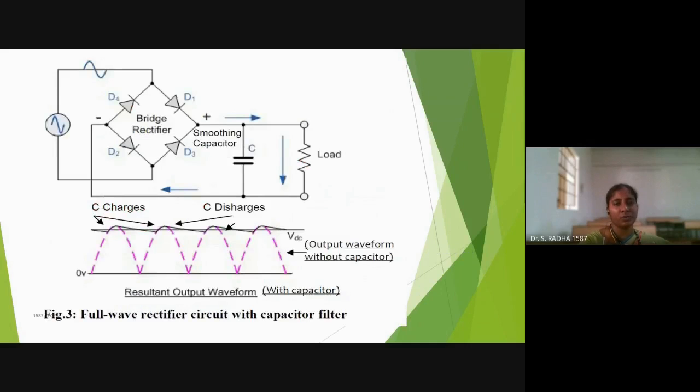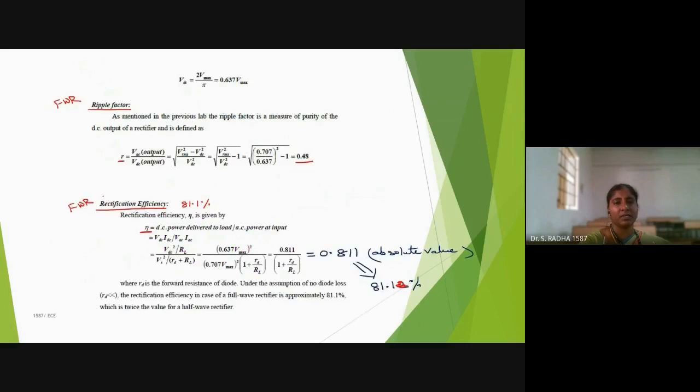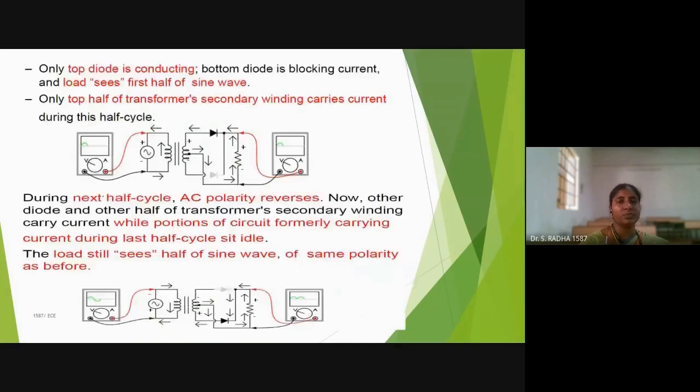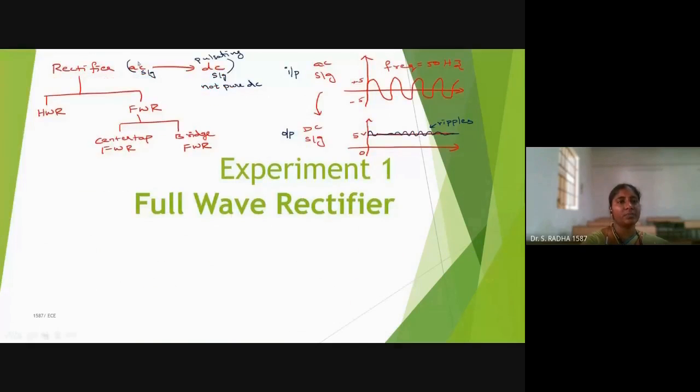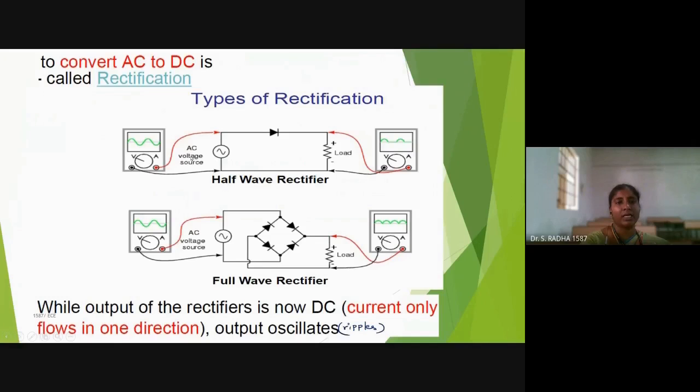We will stop up to here. If you have any doubts, you can ask. So I have gone through what is a rectifier, what are the two types of rectifier, what a rectifier will do, how the AC signal and the DC signal will be. And in full wave, we have two types, center tap and bridge rectifier. And we will not be doing the half wave rectifier simulation in the lab.